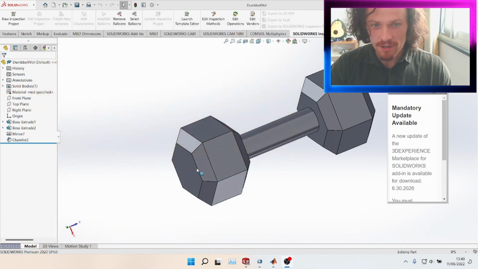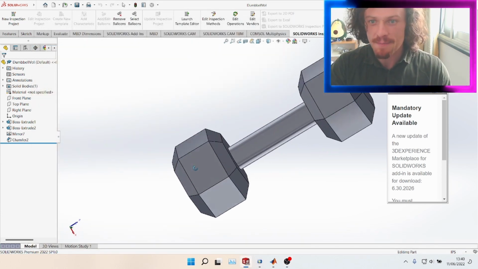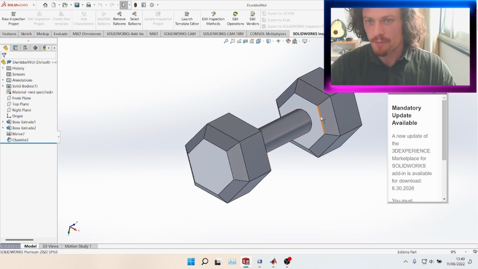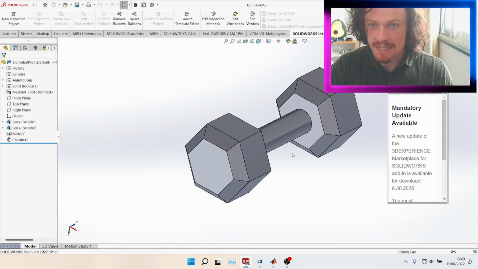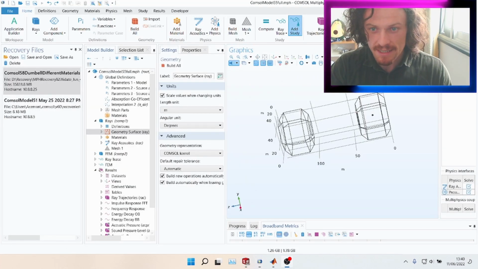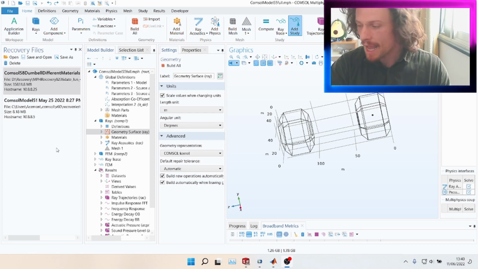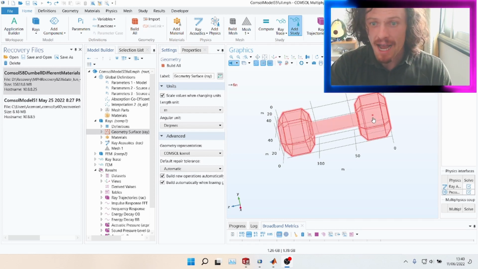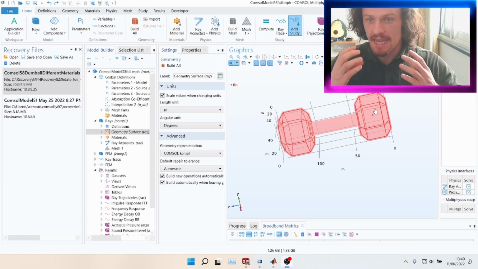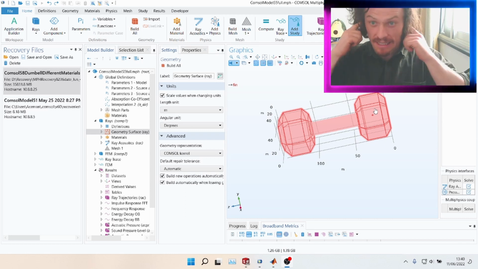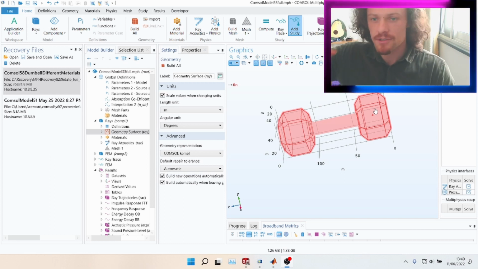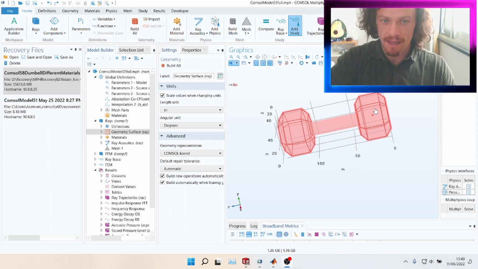So first of all, I got this beautiful piece of bodybuilding equipment off GrabCAD, put it into SolidWorks, made a shell which made the geometry input really easy into COMSOL. I then pulled up COMSOL, the physics software, and I have placed a receiver and a source. That's always in the same location, so that acts as if we are speaking and listening all at the same place. It's like we're clapping our hands or shouting as we go down the dumbbell,